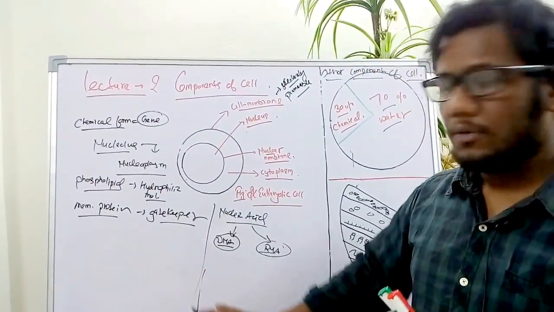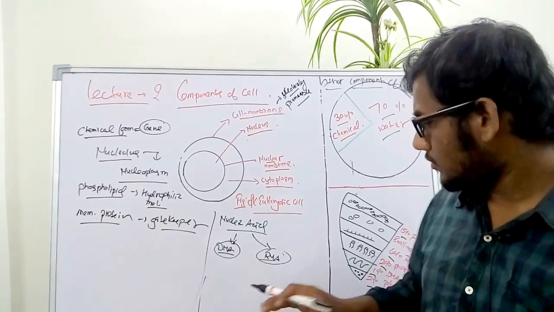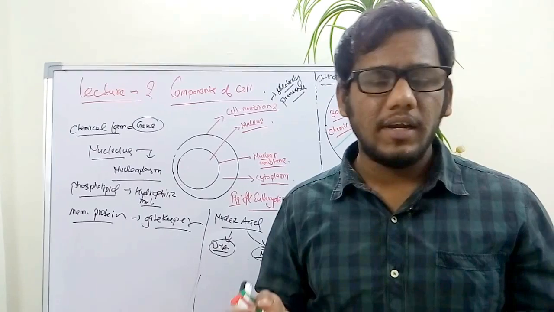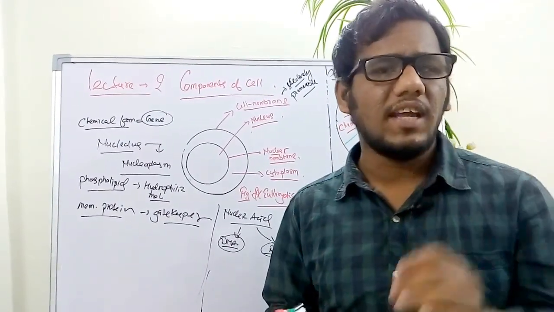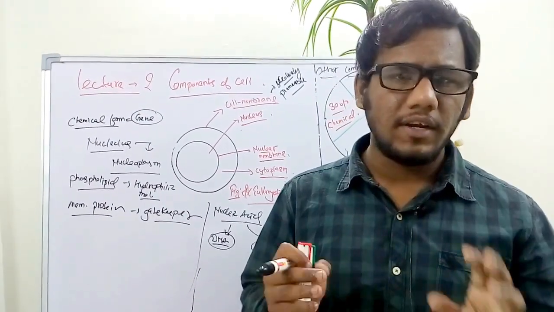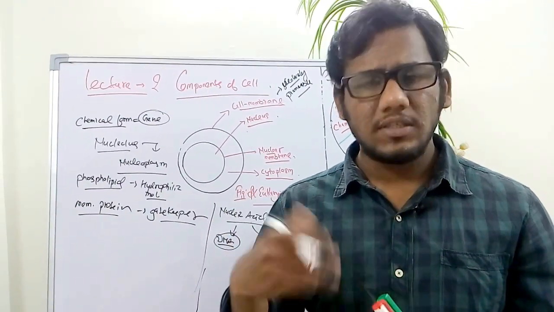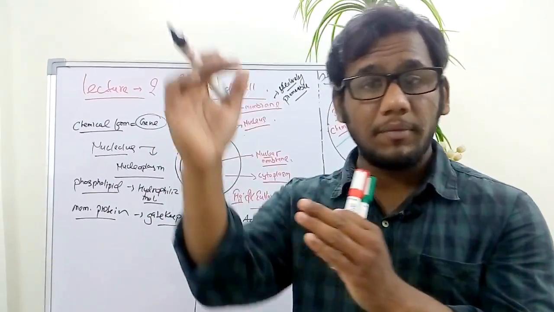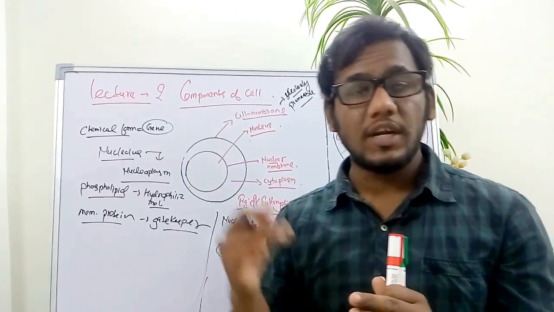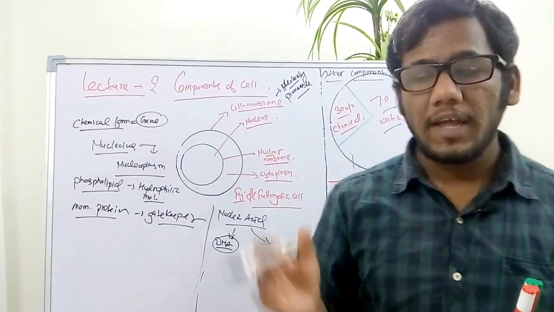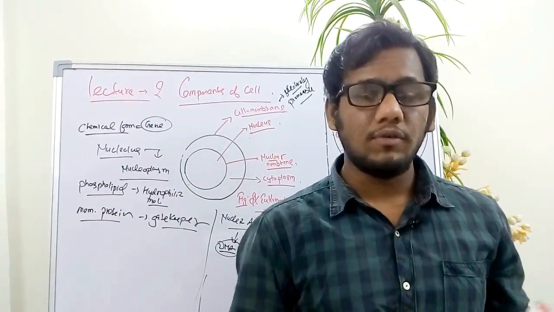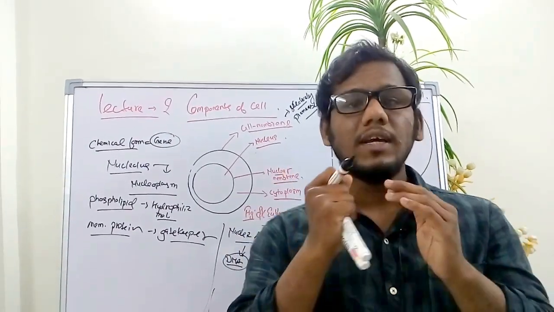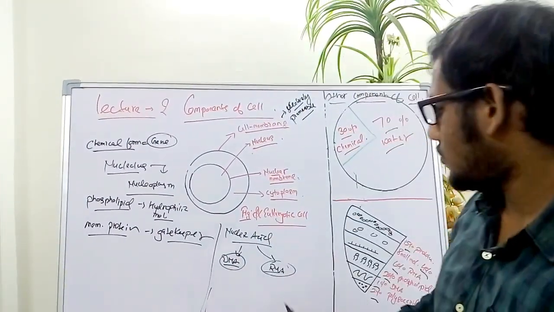So we have talked about the carbohydrate, and now lipid. In earlier times, the cell was just a simple sac-like structure and was made up of RNA material only. Over time, as evolution occurred, the functions of the RNA material, which were catalytic function and information storage function, were divided. This information storage function was taken up by the DNA, and the catalytic function was taken up by the proteins in the cells.